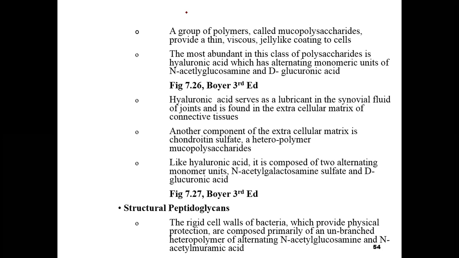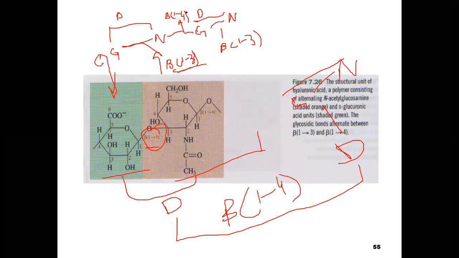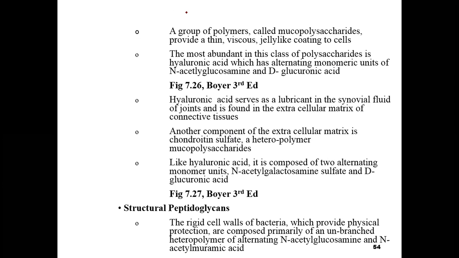The next molecule is the structural polypeptide, the peptidoglycan. This molecule is present in the bacteria. This molecule makes the rigid cell wall of the bacteria, which provides physical protection and is composed primarily of an